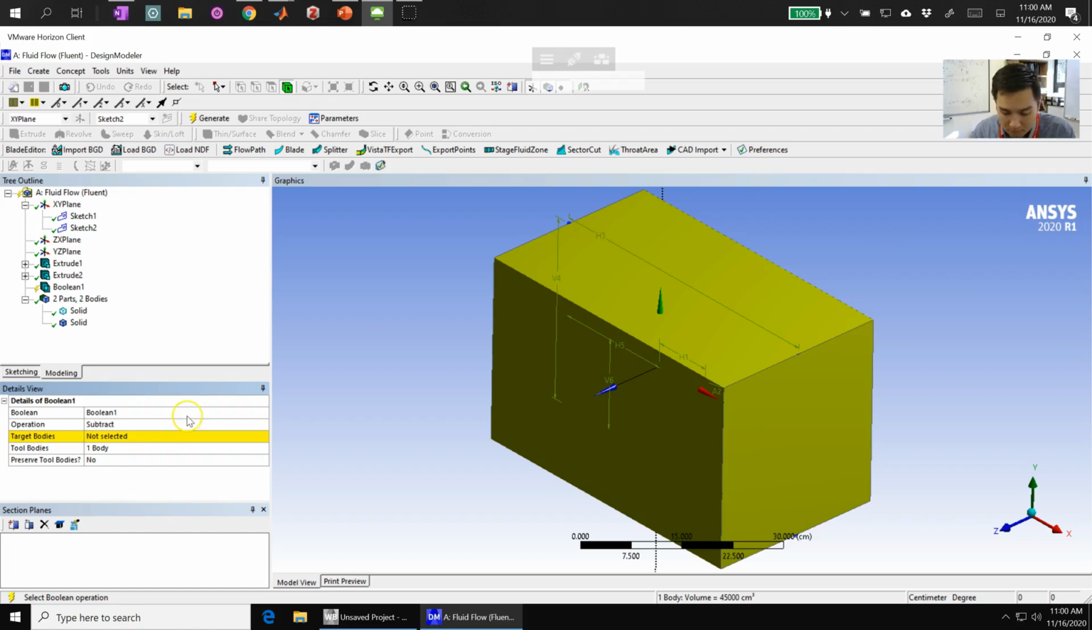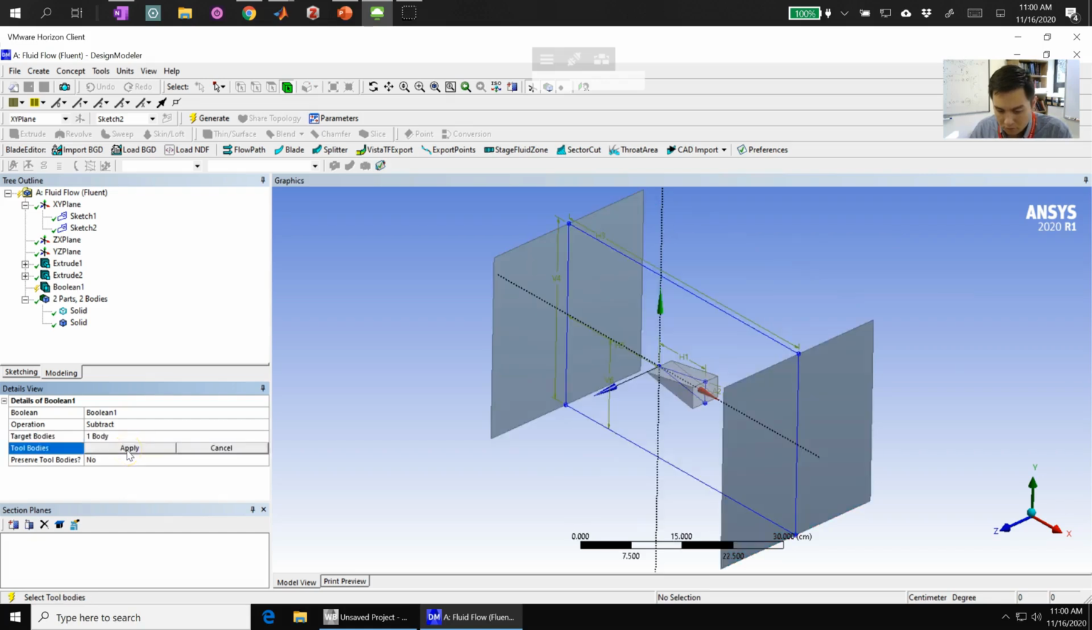So our target body, that's the body that we want to remove material from, is going to just be our larger cube. So our tool, that's going to be the material we're removing, or the shape that we're removing, is going to be